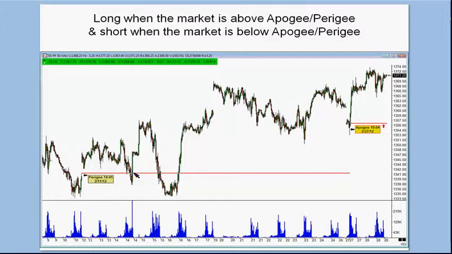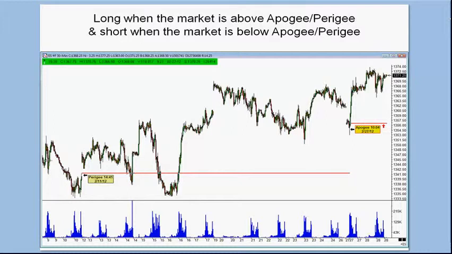But what I want you to understand is that if you are utilizing this system, you want to take a look at ABCs and swing points, if you will, when you're trading this. Now, what I would do is use the average true range as a trailing stop as you get in on this trade, and that way you let things run, and that seems to be the best way to maximize your return on this.